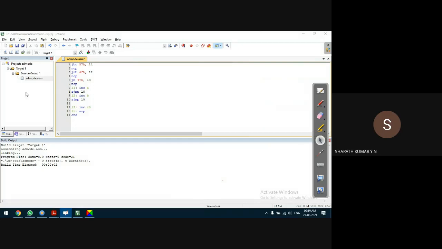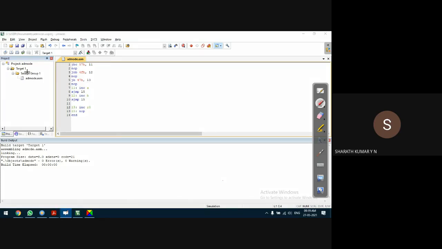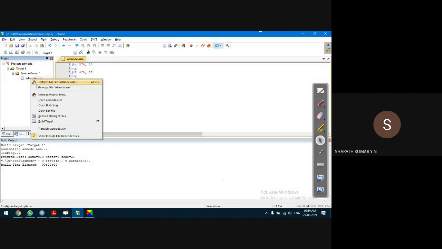Let us test the JBC instruction. Build target. Usually what happens is, build target will save and build the target. So that's not an issue, but it is a good practice to save the program. As a programmer, saving the program is important when we have multiple source codes in the project. Let us say we have tens of source codes and I'm working with one of them at the present time. Then I don't want to save the other codes. In that case, it is better to save only that single program and execute it. So saving is always a good practice.